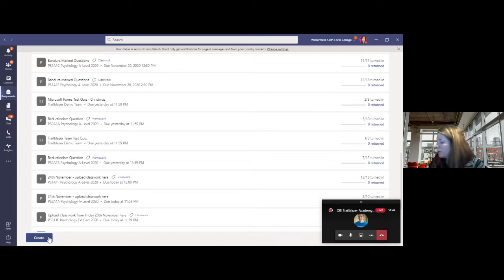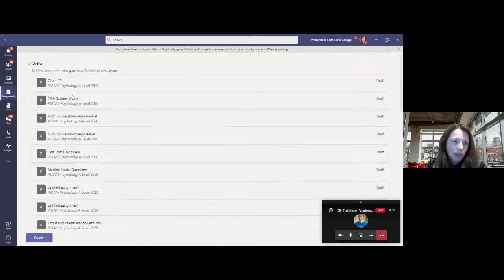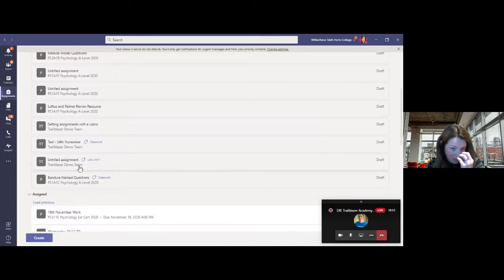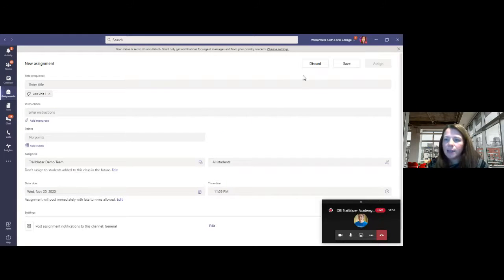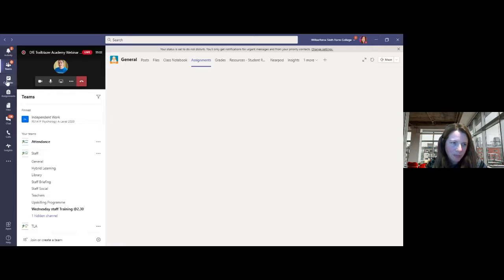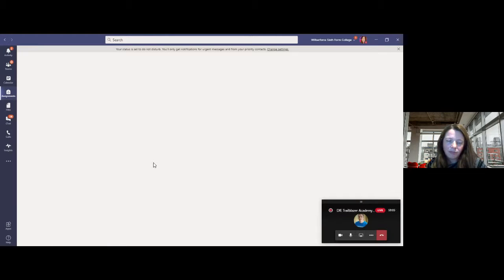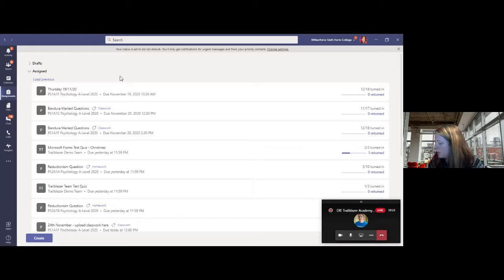So they're the 3 ways of creating. I will just show you student view. If I go into a draft, I'll go into Lois's draft one there. No, I'll need to go into a completed one. My internet at home is terribly slow. So what I'm going to do when it's come up is look at what a student can see from the main screen. And when I've done that, I'm going to just look a little bit at how to give feedback.